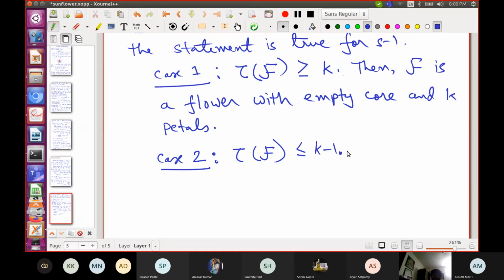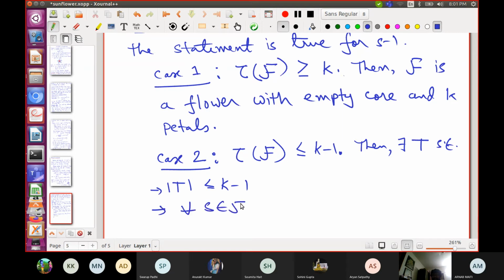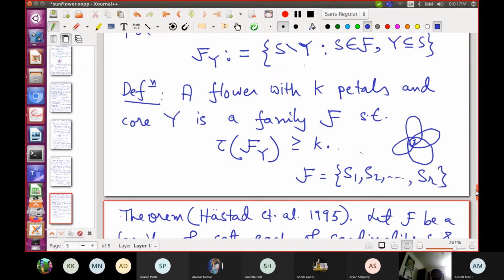That means there is a set of cardinality at most k minus 1 that hits all sets in F. So there exists T such that the size of T is at most k minus 1, and for every S in the family, T intersection S is non-empty. It non-trivially intersects everything else in the family.